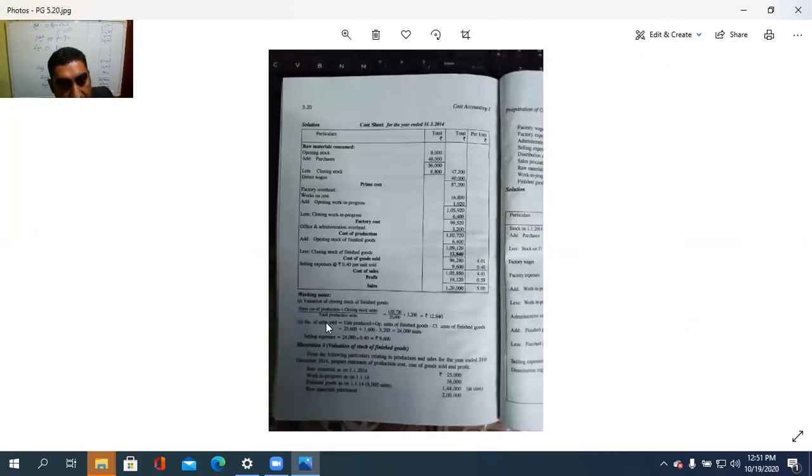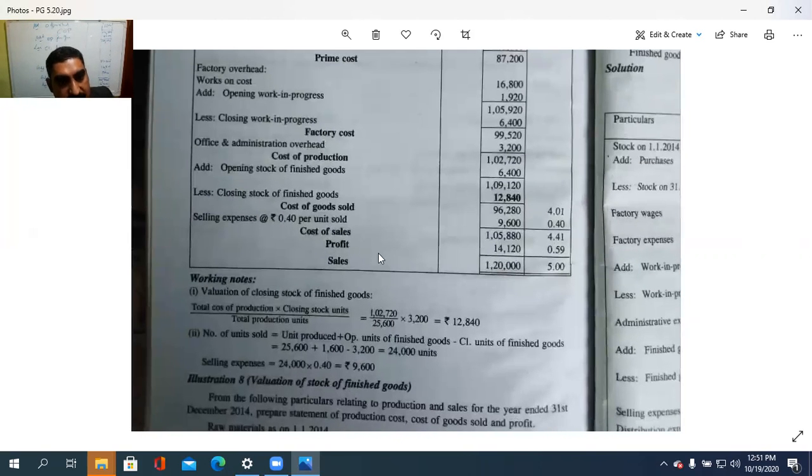Once again, look here: total cost of production, 102,720, multiplied with the closing stock in units, 3,200, divided by total production in units, already given in the question as 25,600. So 12,840 is the closing FG. So we got the COGS, cost of goods sold, which is 96,280, and then selling and distribution overhead at